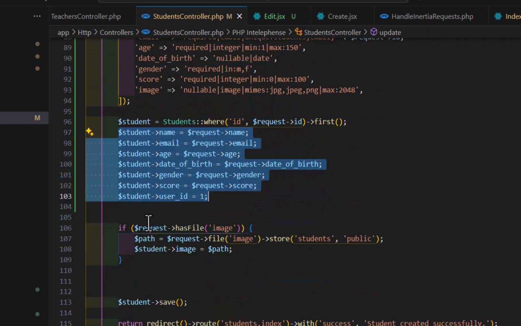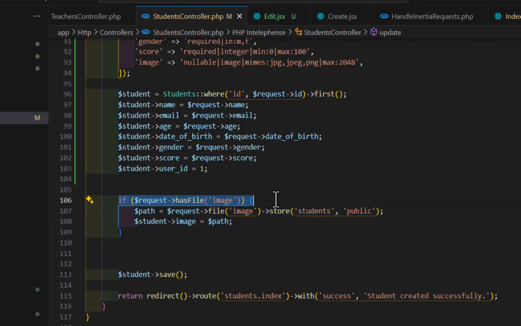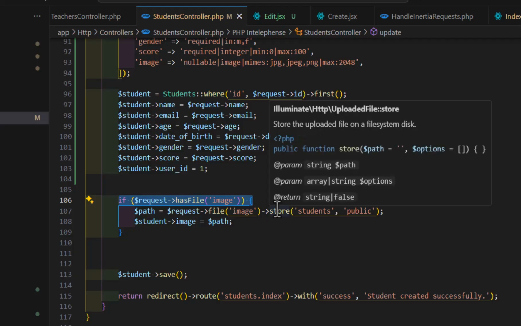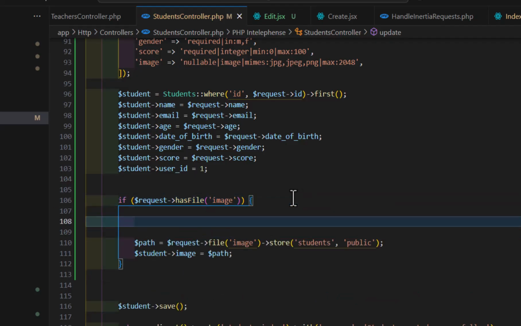Now let's go to the file. Right now we are adding the file, but since we are updating, we have to check if there is an image available, then we have to delete the old image from our storage. So before adding it, let's first check. Let's type here if student image,